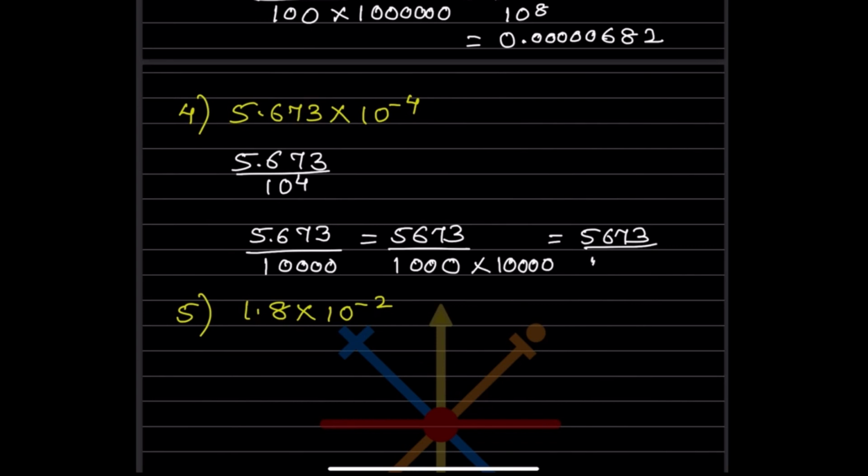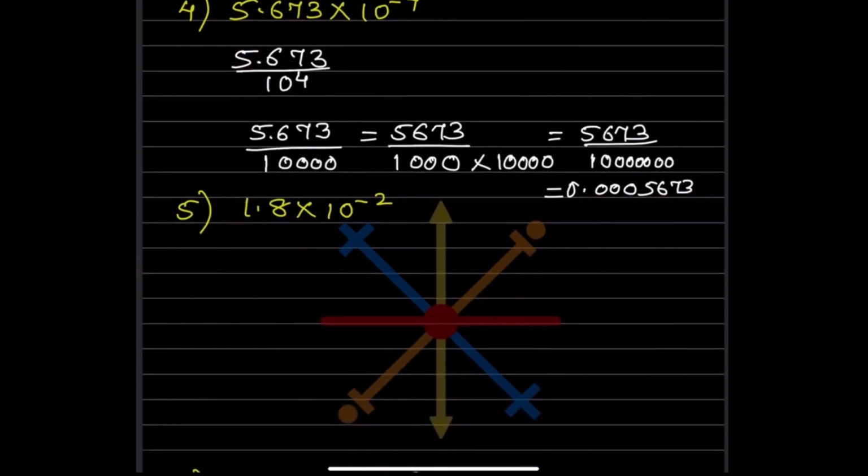So now we can write here 3, 4, 5, 6, 7. So now we are going to write here 5673, and we are going to write here 3 zeros, because now when you count this, it should be this 4 and this 3, that is going to be 7. So this is the answer.